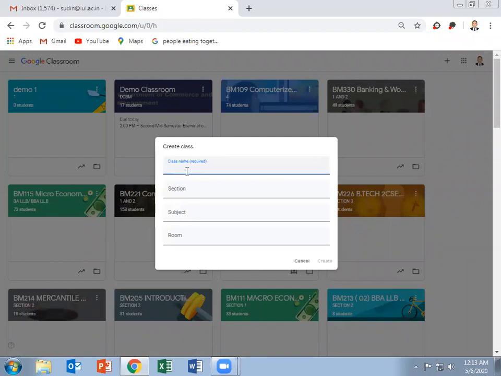Let us name it demo 221 commercial law. Section A, subject is commercial law. Room is BNLT 16. Now we can click the create button, and Google will create your class.